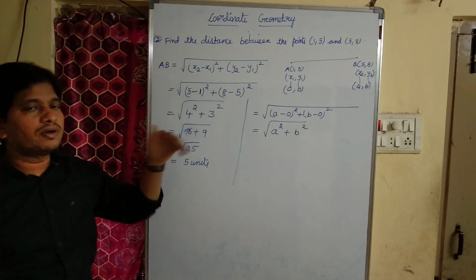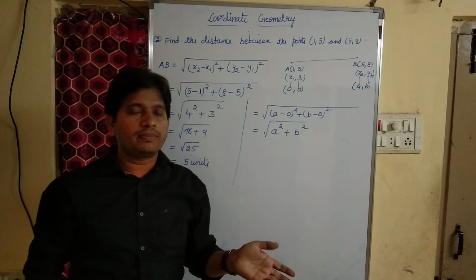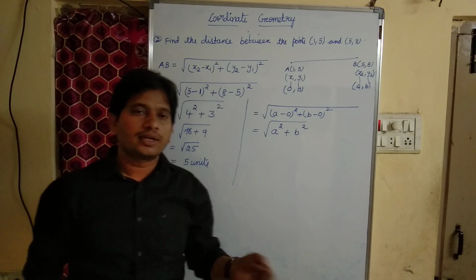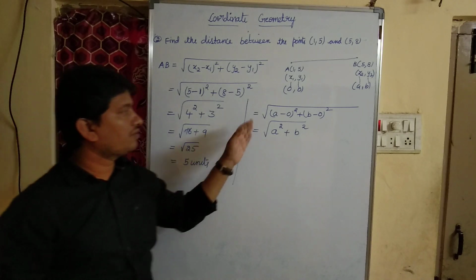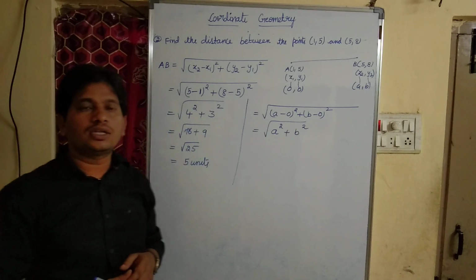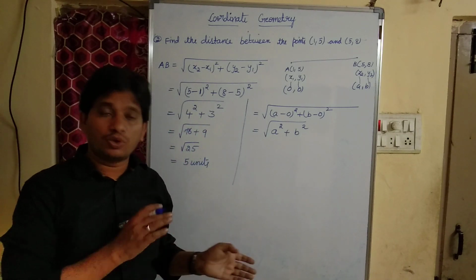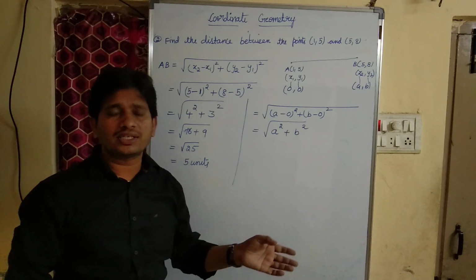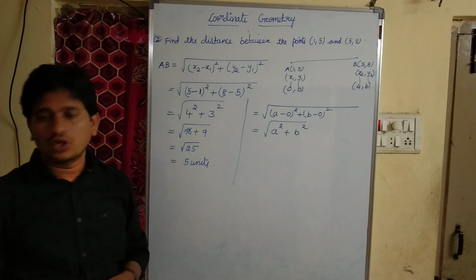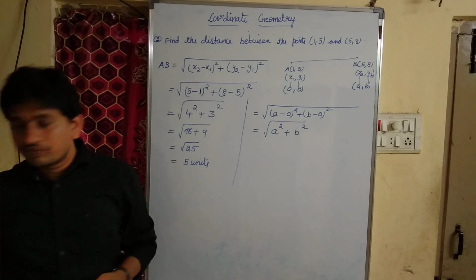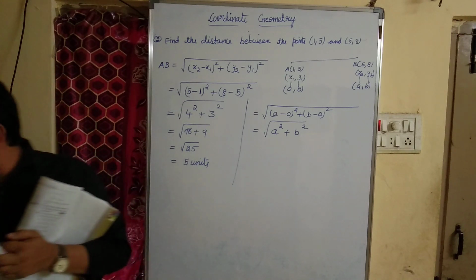Okay, if it is in the form of numbers, there is no problem at all. Addition, subtraction and then squaring. But if it is in the form of alphabeticals, you will be getting confusion, but don't confuse. Simply whatever the letters they have given, you substitute that. Okay, so this is our second concept, that is called distance between 2 points.